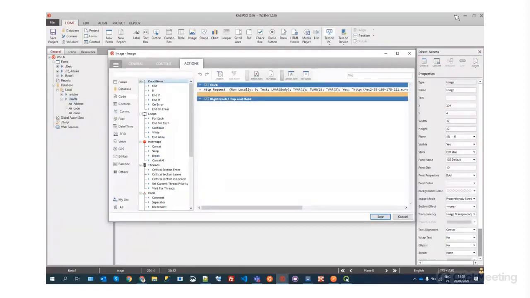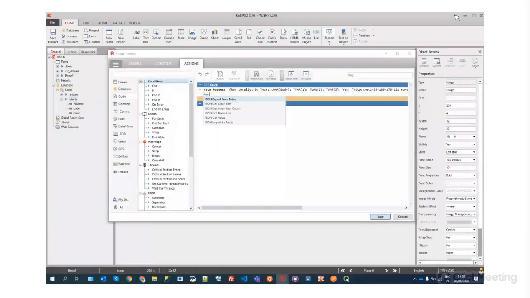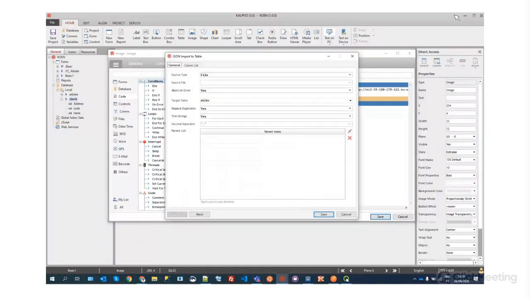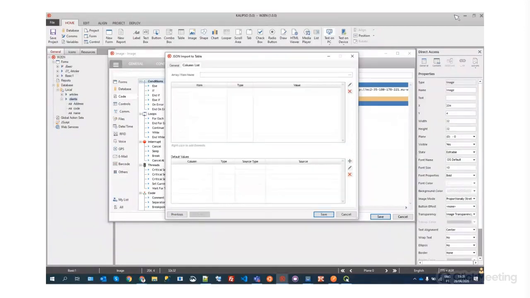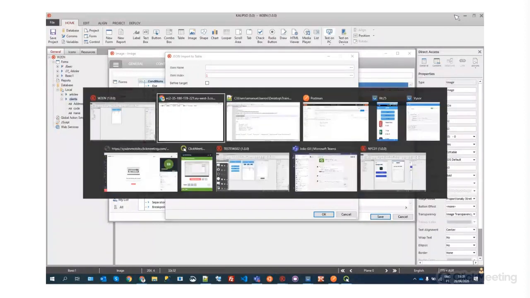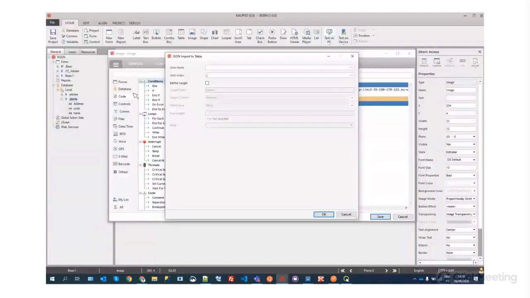So after we request, we need to import this again to the table. So JSON import to table. The text file, body. Now it's not for article, it's for clients. And again, we don't have any name for our array of values, but we have values, of course, and they are here. So code, it's to code, save, add item, name,